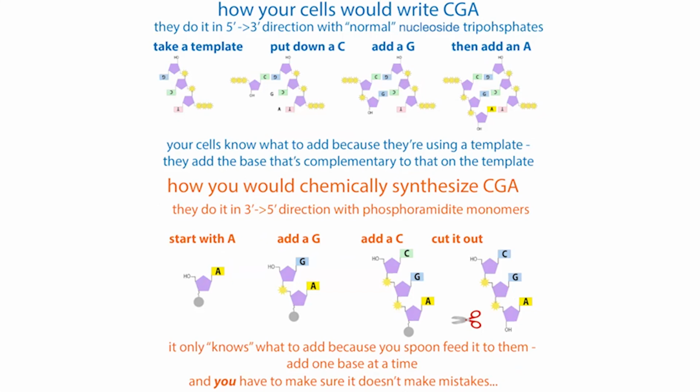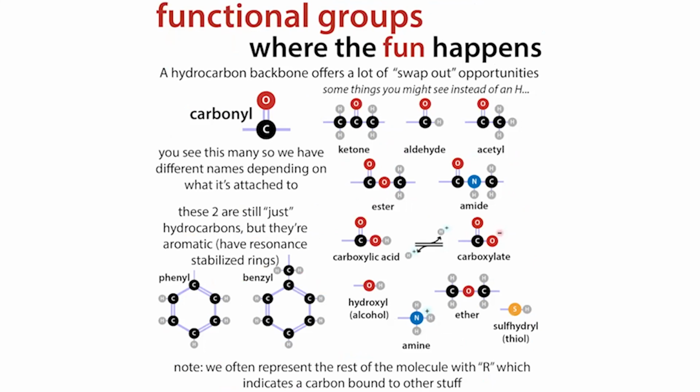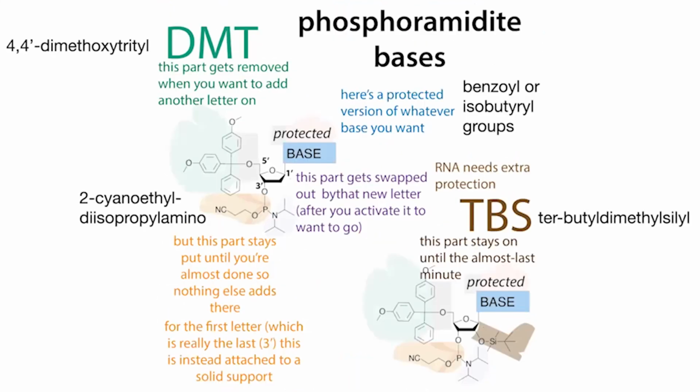Because we need to make these extreme conditions, we need to make sure that they're not going to cause other things to react as well. So basically what we're going to do is protect all of the parts that we don't want to react, hiding them with various chemical groups, and we'll get more into what some of these are. Don't be scared off by the big names. Basically, we just have ways in which we can use chemical terminology to describe the structures of these various groups that we're using. But for now, just think about them as kind of being like gloves and boots